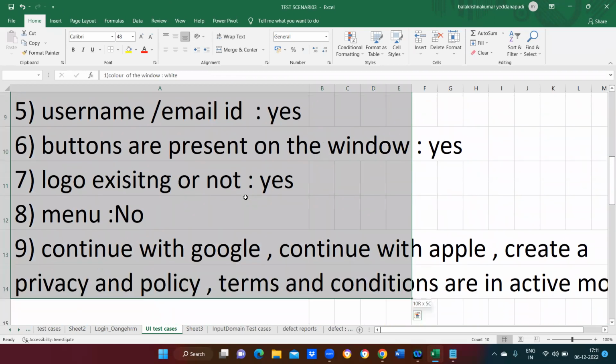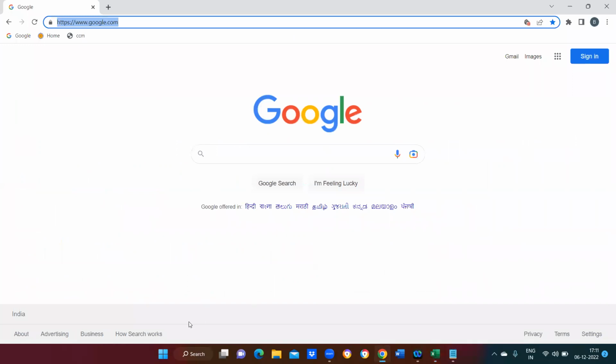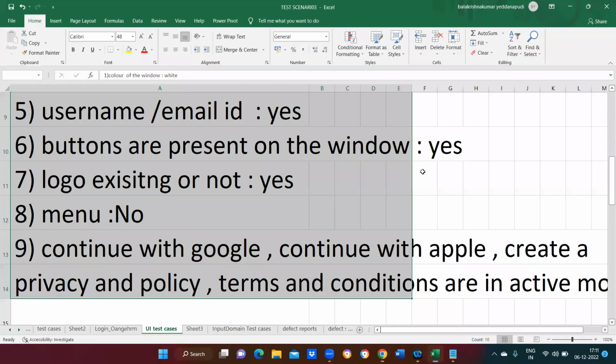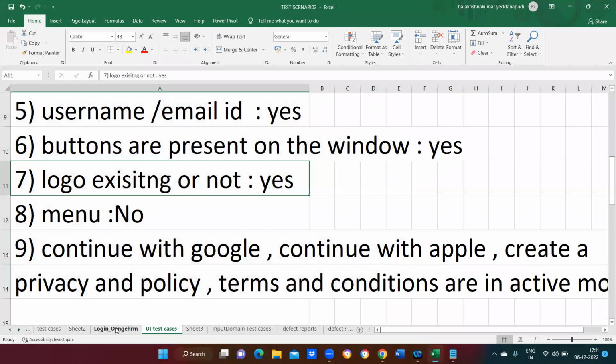Next, do you have any privacy and policy, terms and conditions for the current window or not? See, these are all about advertising, business. These are all the links present in the window or not. All these things I need to mention in my UI test cases. Once I have prepared all these things, now I need to prepare my